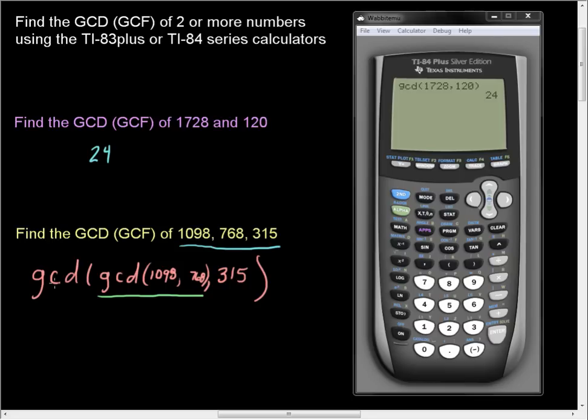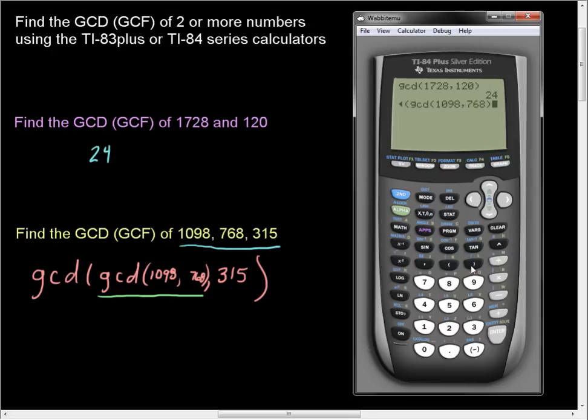We're going to call the GCD command: math, scroll over to num. Now instead of scrolling down, I'm just going to press the number 9 since I've memorized the option number. It'll bring up the GCD. If your option number is a letter, you can also press the alpha key and then select the letter, and it'll jump to that command. So as I look at my notes, the GCD is embedded inside a GCD, so I select math, num, and 9 again. So I have GCD of the GCD of 1098 comma